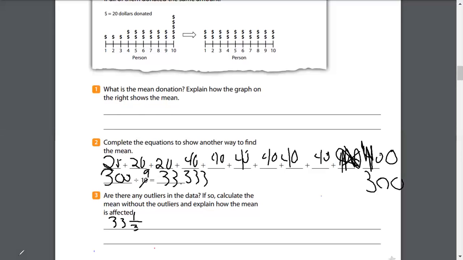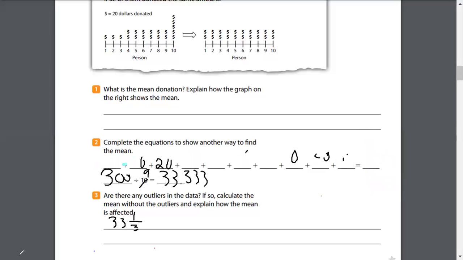Now, say we took away all those 20s, and then the people are only donating $40 to $100. So then the average is going to be bigger, right? Yes, the average will be bigger because you're taking away all the smaller numbers, and then you have the larger numbers divided by a smaller amount of data, which would be 1, 2, 3, 4, 5, 6, 7. So it'd be like 200 and something divided by 7, which would get a high number. Right. So that would be your mean, how to find the mean.